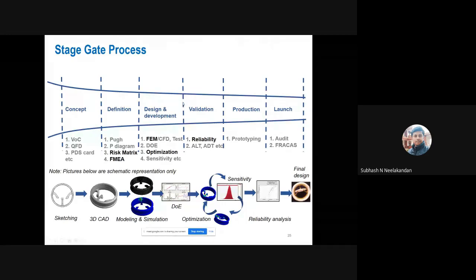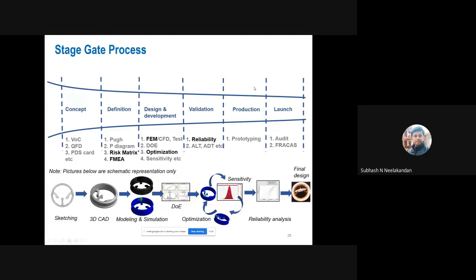Gate 4 is called validation and verification, which involves stringent testing of the device for all safety and efficacy parameters, involving reliability, durability, etc. Once the validation stage is ready, including the clinical trial and subsequent animal trial, it is good to go for production. So in almost all industry, the R&D team is involved from concept stage to validation stage, and it will be handed over to production. So this is what happens in original equipment manufacturers.